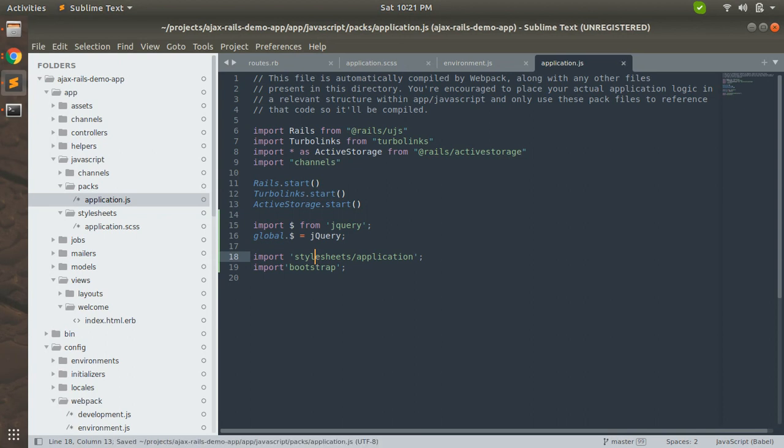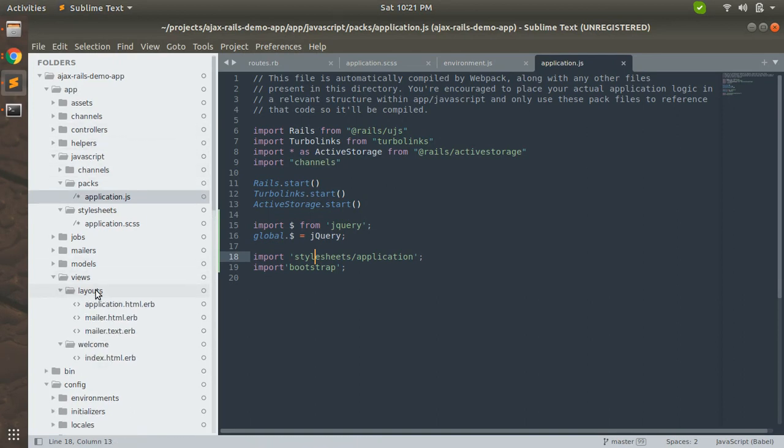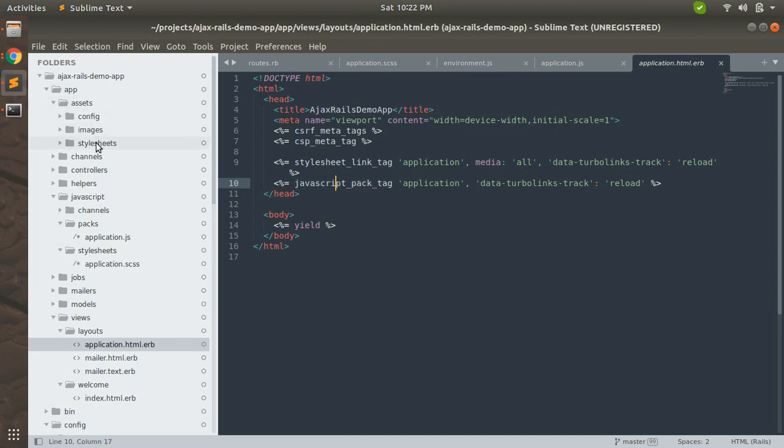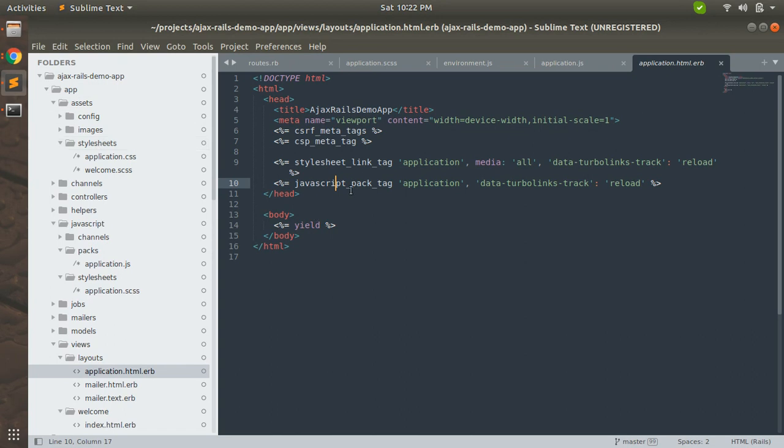Now, another change that we need to make is to open your layout file, application.html.erb. You can see the javascript_pack_tag, because our JavaScript is served by Webpacker, so we have the helper method here. And now you can see that in the assets folder there is only the stylesheets folder, so you can use either stylesheet_link_tag or stylesheet_pack_tag.